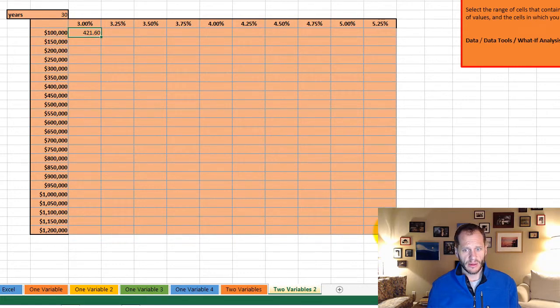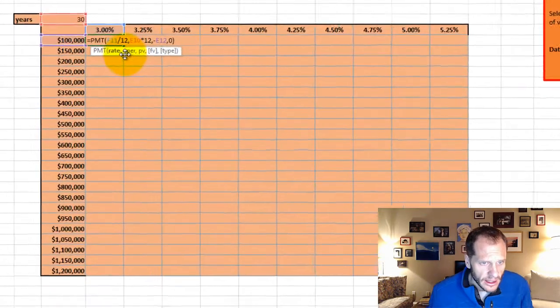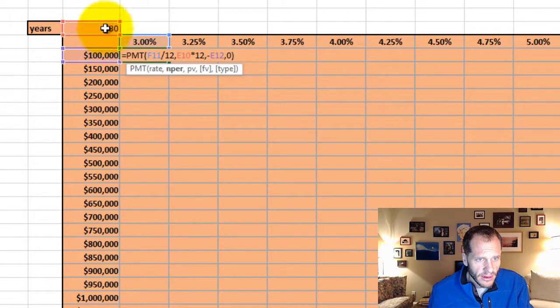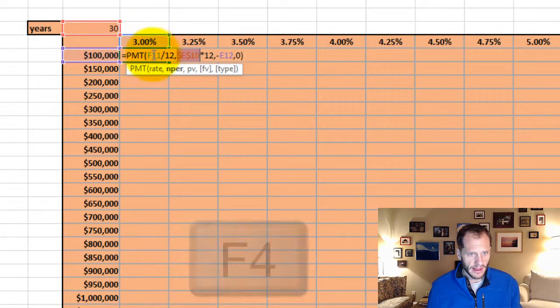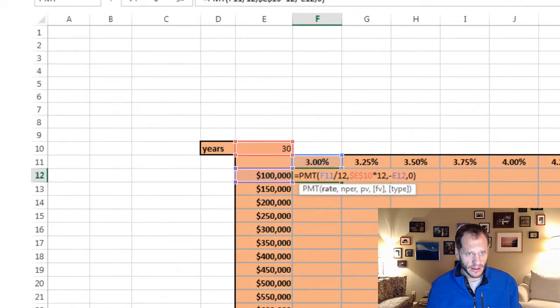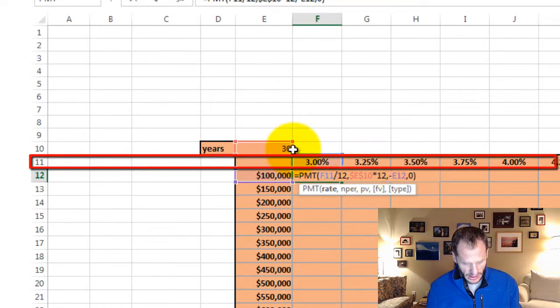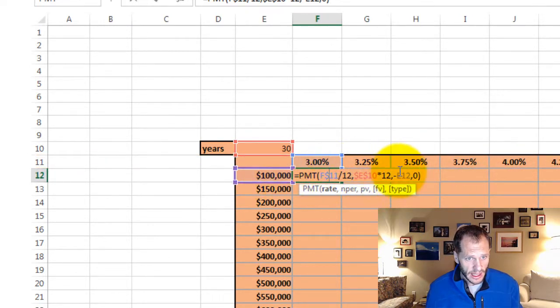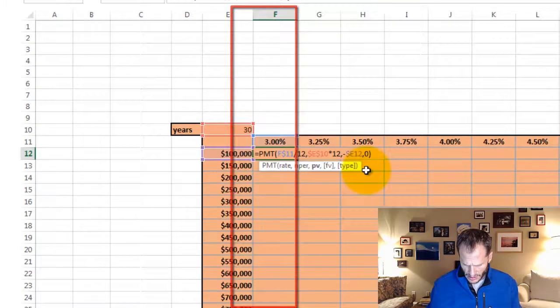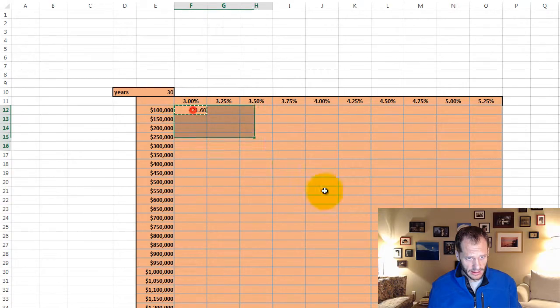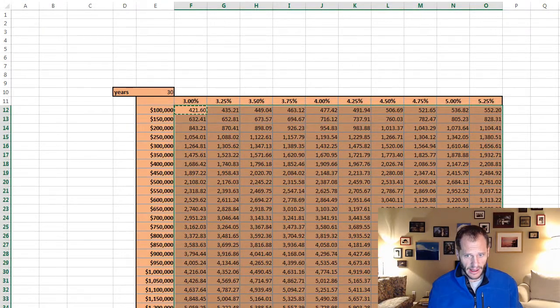Now I want to be able to copy this formula all the way down over here, so I'm going to use a mixed reference, and I'm going to click that just so I can look at it. And you can look at the color coding here. At E10 for the 30 there, I want that to always be constant, so I'm going to press F4 to make that always constant. This F11, as I move this formula around in here, I need it to always stay on row 11, but the F, G, H can change, so I'm going to make row 11 constant. And then this 100,000, that 12 over here, as I move this formula all around down over here to the right, I always need it to stay in the E column, so I'm going to make the E constant. Hit enter, copy that, and then highlight this entire area and paste it, and I have the exact same number,